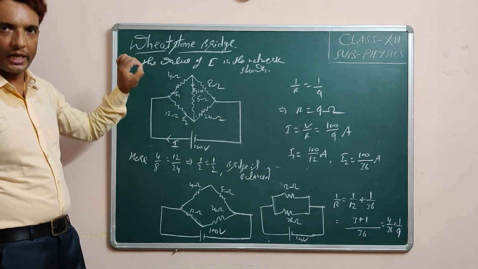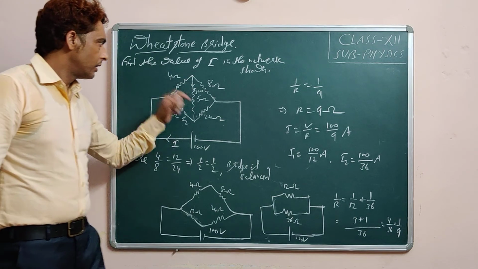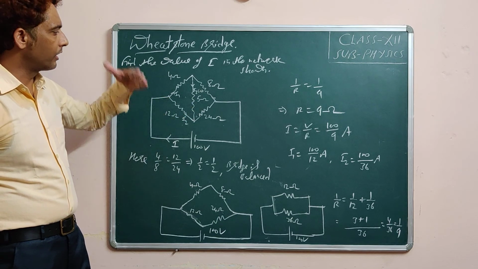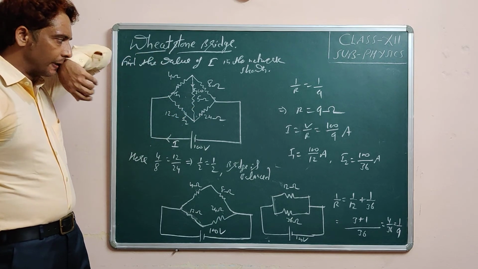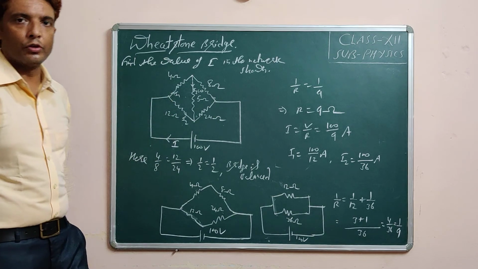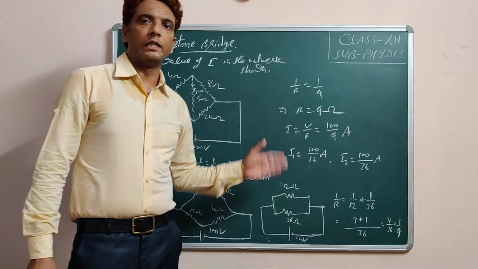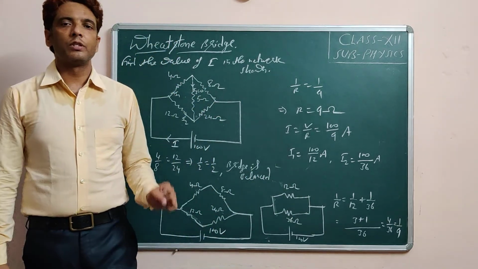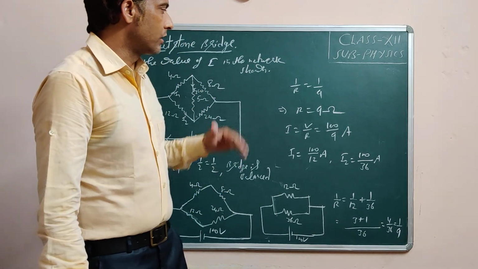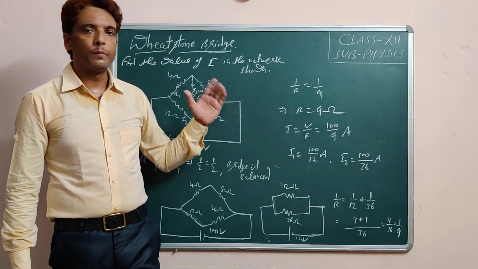So in this way, in case of a circuit where a Wheatstone bridge is formed and if the bridge is balanced, in that case we do not take this resistor into consideration when we calculate the total resistance. So we can find the value of the total current as well as the current in the individual branches. So this is about the Wheatstone bridge and its application. We will also discuss its application in the next class, that is the meter bridge. So you can solve more numericals based on this Wheatstone bridge principle.